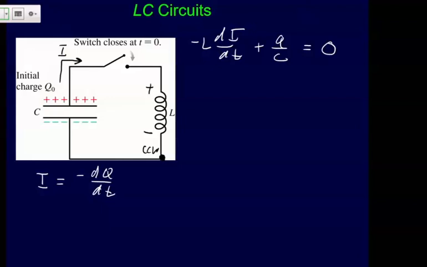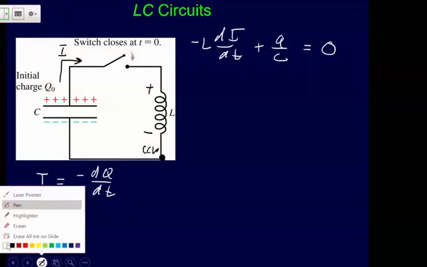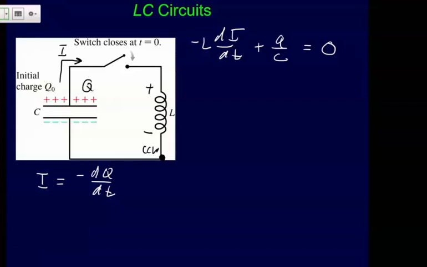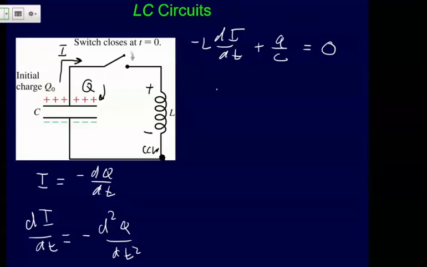And so it might be good to define that our Q is going to be the charge on the top of the capacitor. It'll mirror what happens to the one on the bottom, but we're going to call that there. And what I can do is say, well, then di/dt is equal to negative d squared q/dt squared, the second derivative of q with respect to t. And so if I take this equation here and clean it up a little bit, I get L d squared q